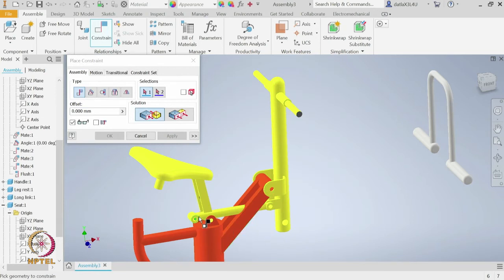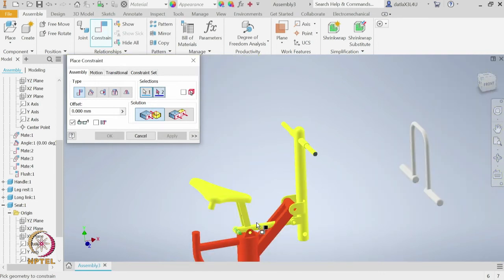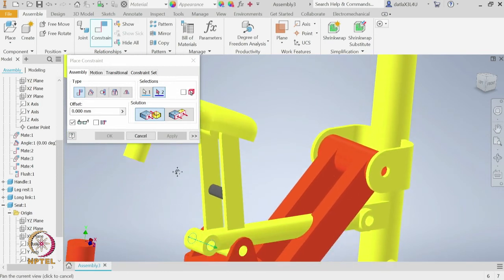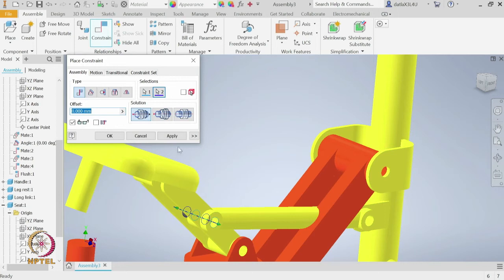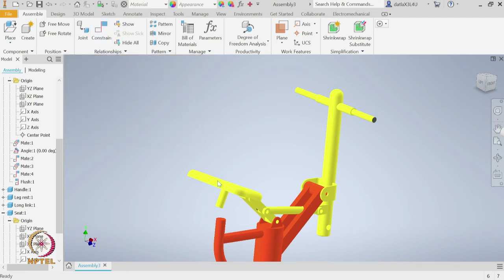And we also know that this end of this longer link should match with this component at the middle of the shorter link. Okay, and apply. So, now let us see that this longer link is free to translate.